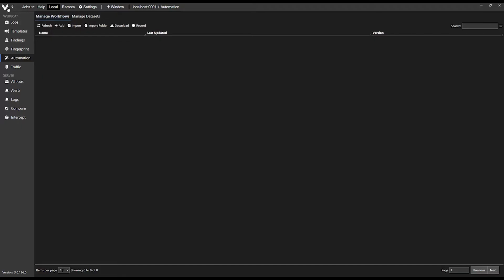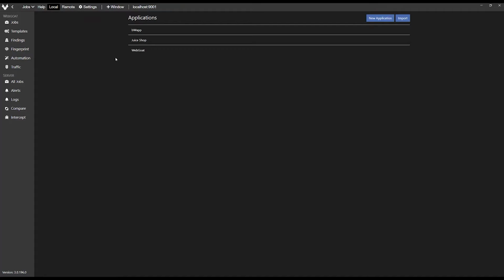We're going to create a login workflow for the WebGoat application. WebGoat is a learning lab to practice application security concepts. It's freely downloadable as a Docker image. It has a simple login that requires only a pair of credentials, so we're going to use that as our